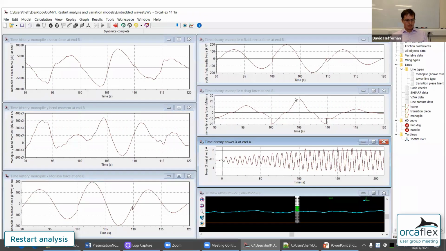In an ideal world, we'd like to be able to blend these wave trains into each other, and that's another feature we're thinking about and looking at for the future. But for the moment, you have to live with these discontinuities. That particular application is not going to be mainstream for a great many of our users. Some of our users do this kind of thing, but not all.